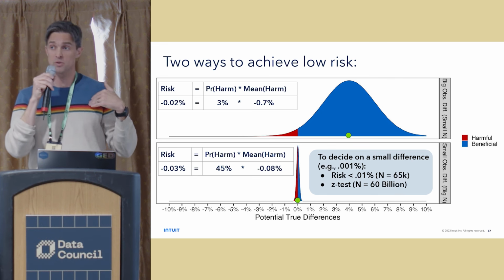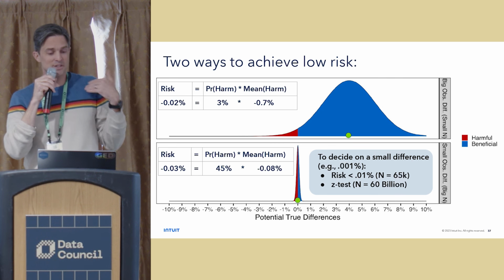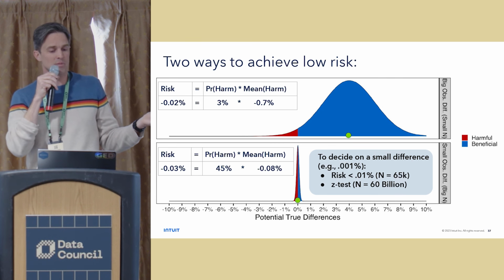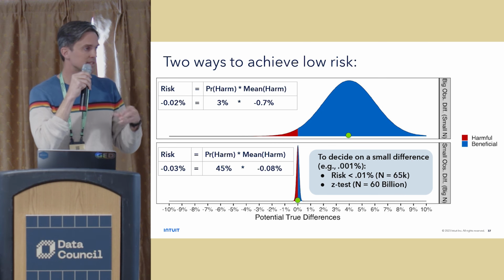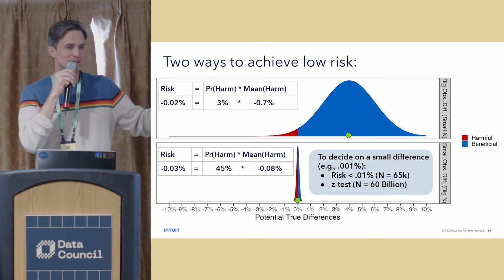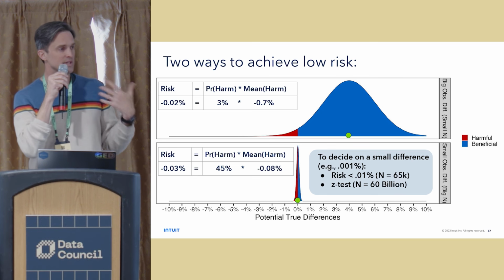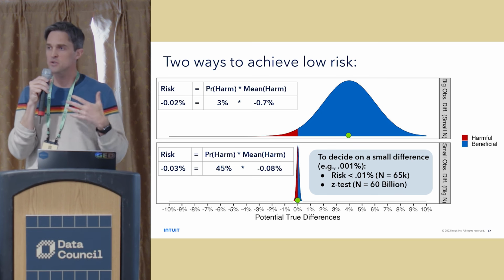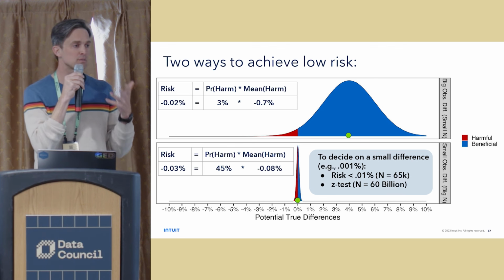And that's also low risk. So in this case, the lower distribution, it's like 45% probability of harm, but the amount of harm is so small. This is the grassy field, but with a 50% fall rate. You also get a low risk decision. And I think this is really important in industry because most of the effects we see are small.